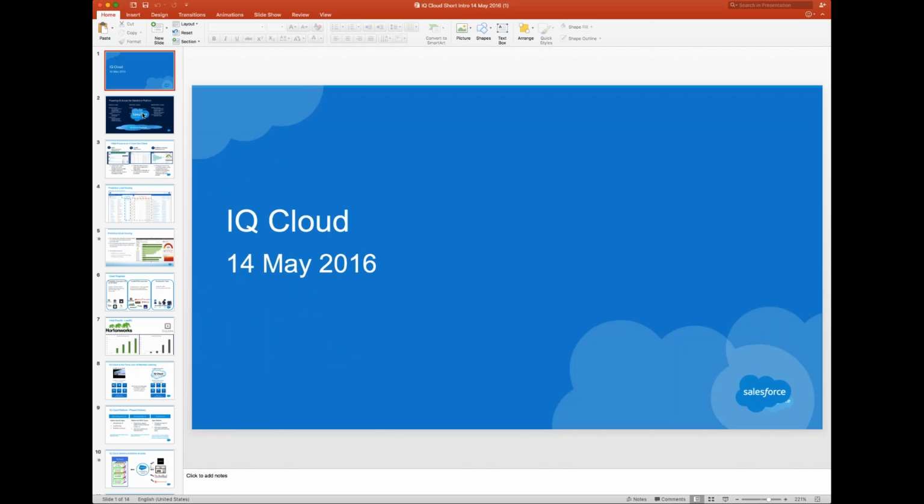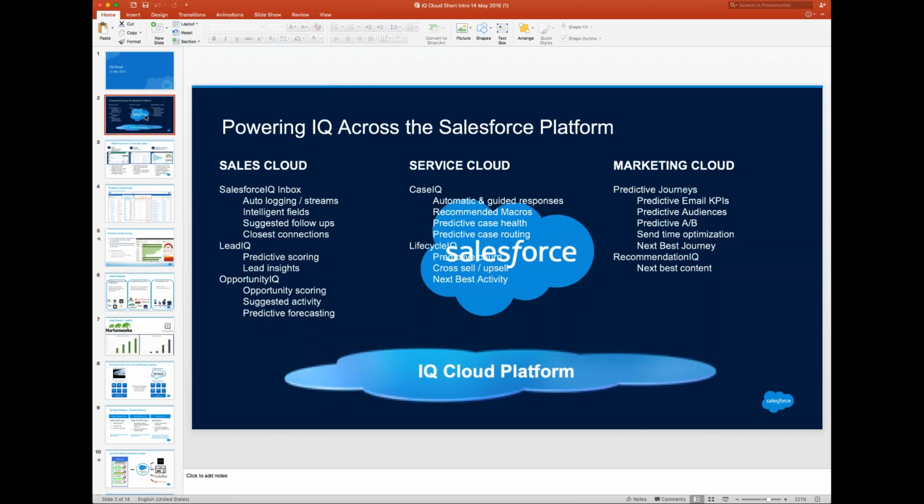Can you see this? Can you see this, everyone? Yeah. So although this is hard to read, you can see this is Salesforce IQ, Lead IQ, Opportunity IQ, Suggested Activity, Predictive Forecasting. This is not a pipe dream. This is happening, and you can